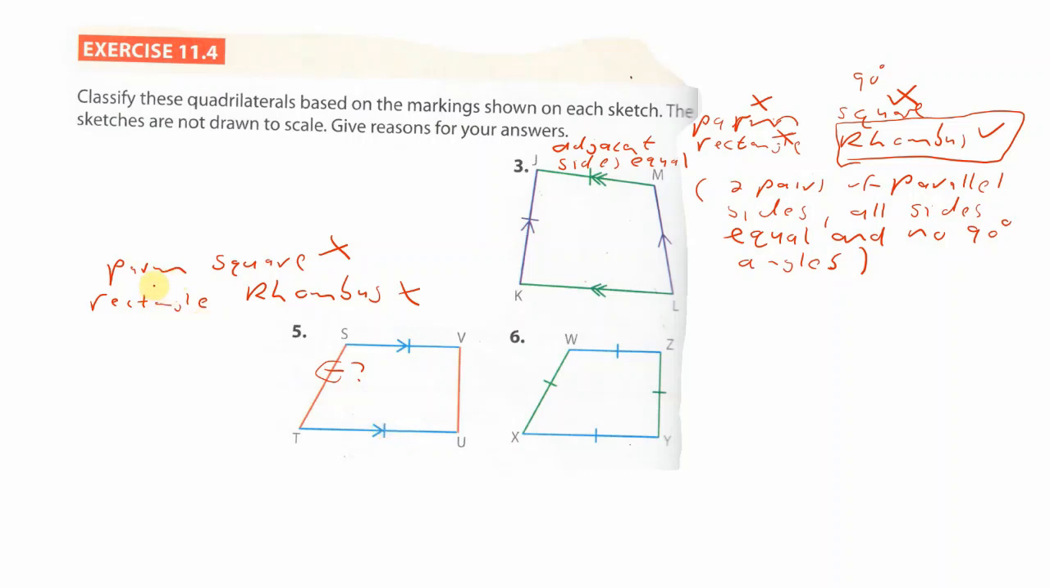So we are left with the parallelogram and the rectangle. But what do we know about the rectangle? It has 90-degree angles. We don't see any 90-degree angles. Otherwise, it would have been indicated with a marking like this, which it's not. So it can't be a rectangle, so the only thing that remains is a parallelogram. So we can say that STUV is a parallelogram